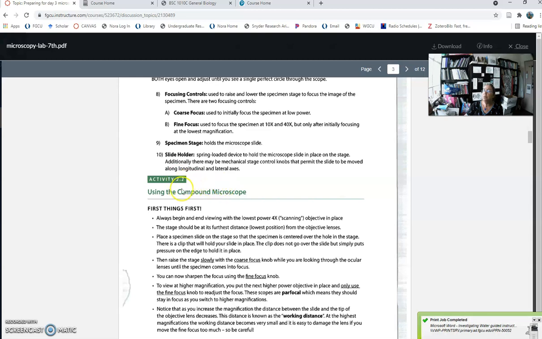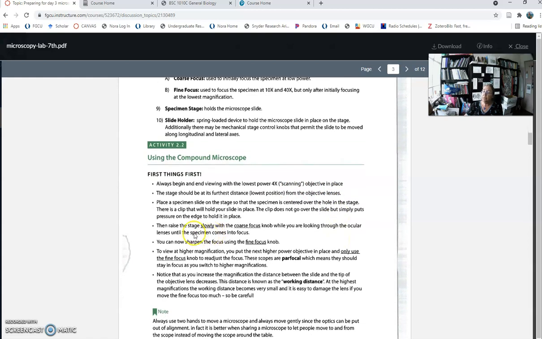But activity 2.2 is one of the procedures of the lab. So one of the things that you could ask with a question is, when you're putting a specimen underneath the microscope, what power magnification do you use? And the answer would be 4x. Okay? The next question could be, when you're raising the stage to put the microscope image into focus,